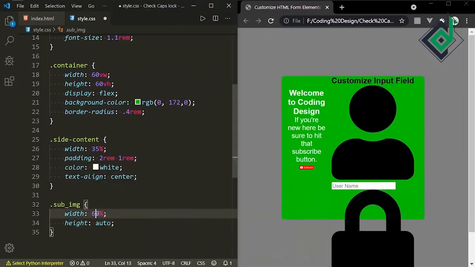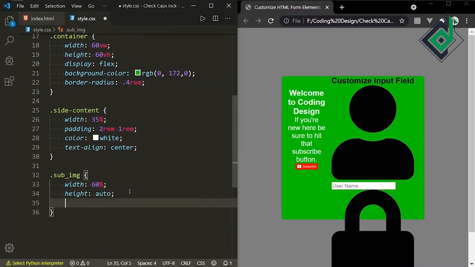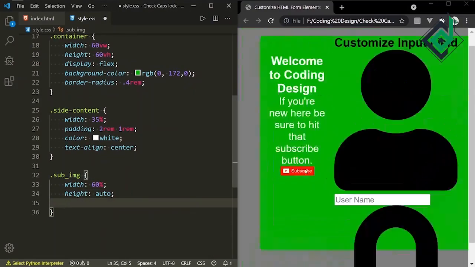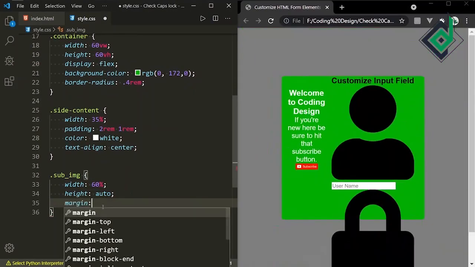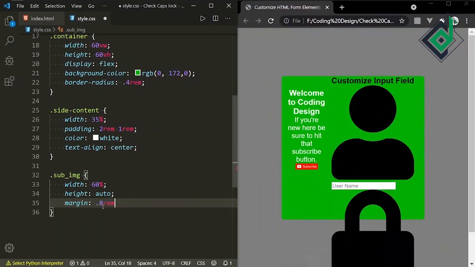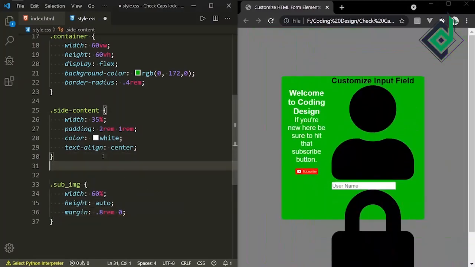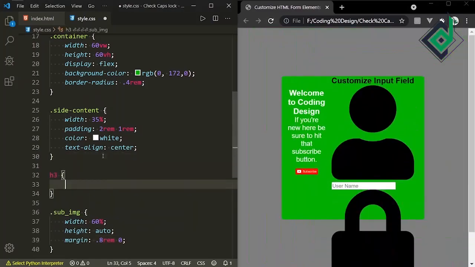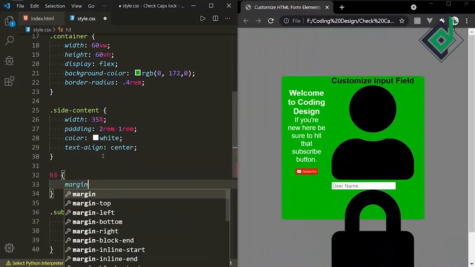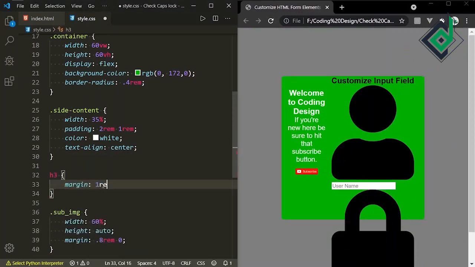Similarly, let's keep the margin from top to bottom 0.8 rem, from left to right 0. Similarly, let's give some margin for the heading too. So margin of from top to bottom 1 rem, from left to right 0.